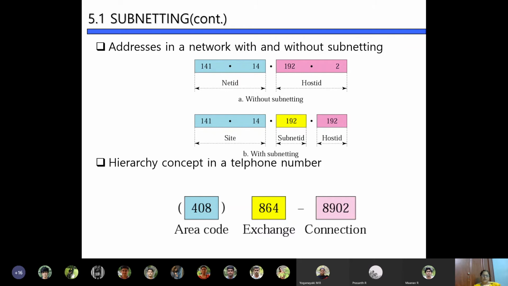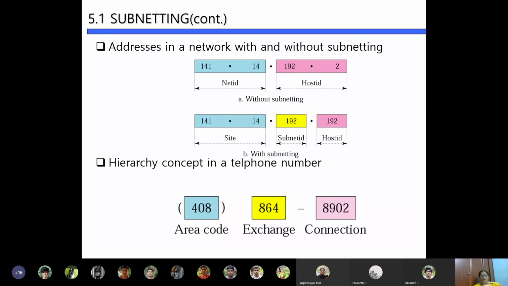That means with the 8 bits, what is the maximum number of subnets you can have? It is 2 power 8 minus 2. That many networks you can create for yourself in your organization itself. Without going for a class A network, you can assign that many addresses for your own organization itself. So each of the subnets can have 2 power 8 minus 2 hosts.